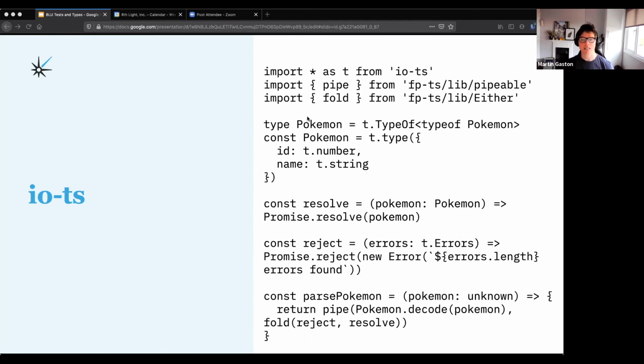So io-ts is the little t functions in this slide, and it creates what it calls codecs. And these are runtime values that represent static types. And again, just to emphasize this, our static types do not exist at runtime. Our const for Pokemon here is the codec, and this can also provide static type information to the Pokemon type